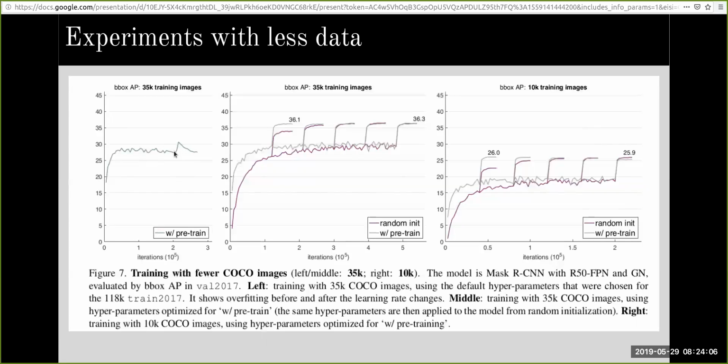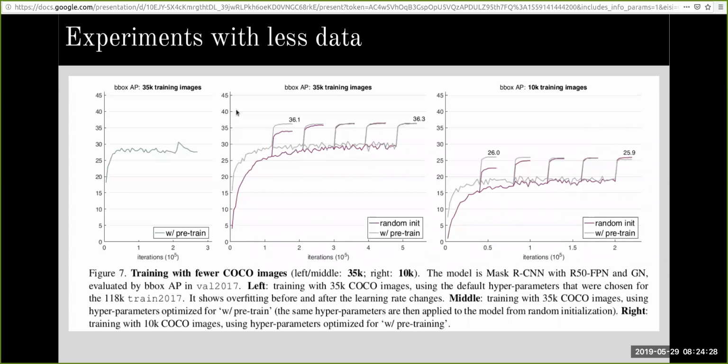So that shows that ImageNet pre-training doesn't automatically help reduce overfitting. Even with ImageNet pre-training, when you have a certain number of training samples, there is a chance that the model overfits. But despite less data, training from scratch still catches up with fine-tuned results.